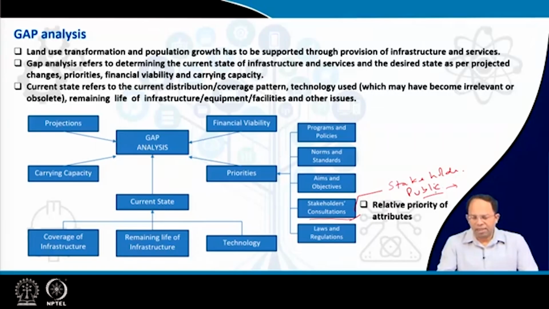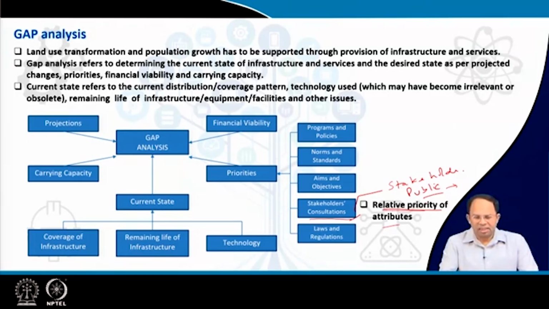That means we have to analyze what people think about the current service and what they want. So, the relative priority of the different aspects of those services needs to be understood. Relative priority is like, within that particular service or within the overall urban services, what needs to be improved, what doesn't need to be improved, and what should be the priority of those changes. So, that has to be determined.